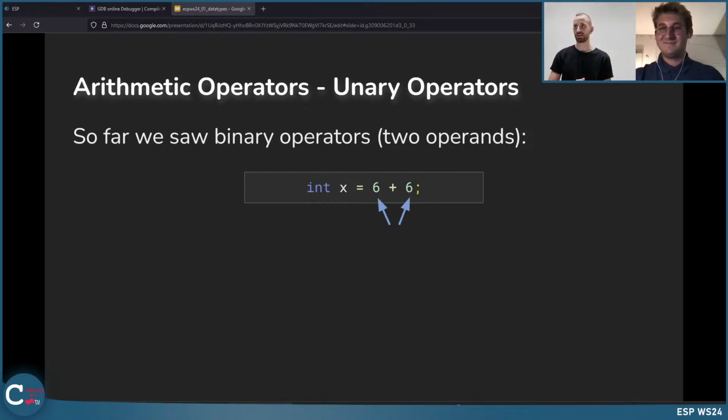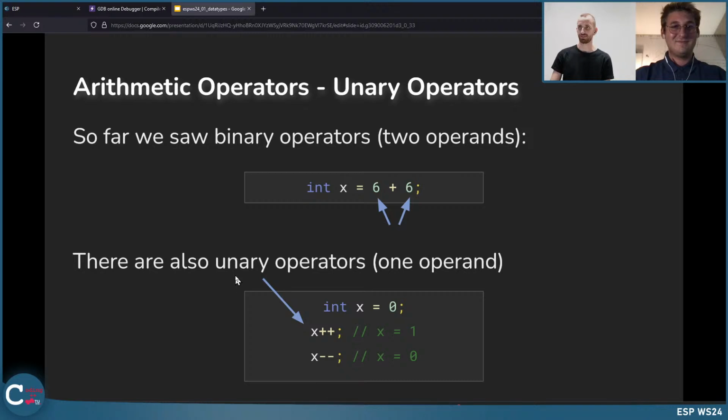Another thing: what we already saw is the binary operator, where we have a left part and a right part, and then there are unary operators where you have just one operand. As you can see here, this plus has a left part and a right part.